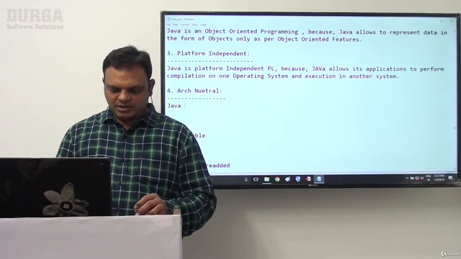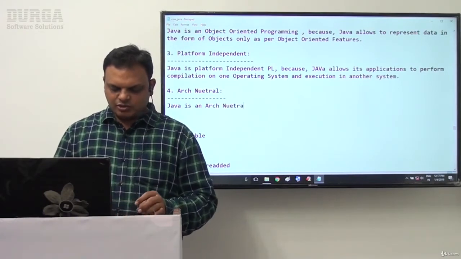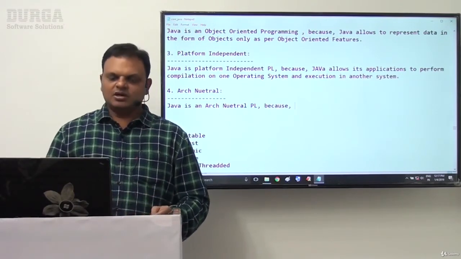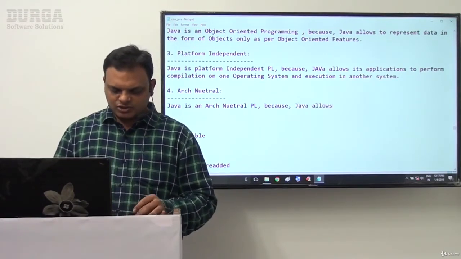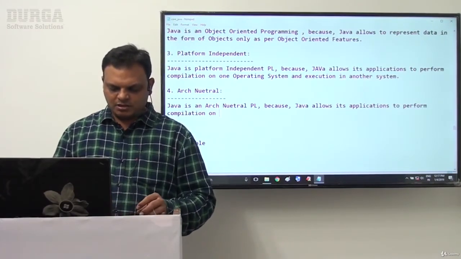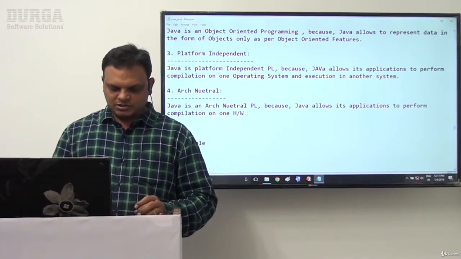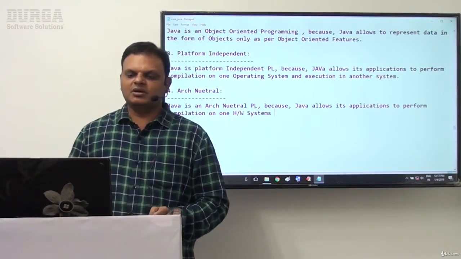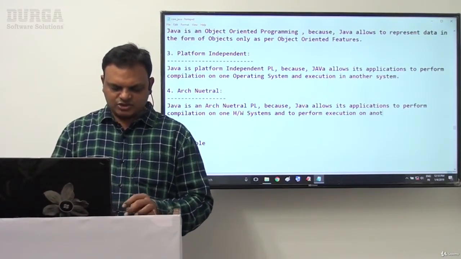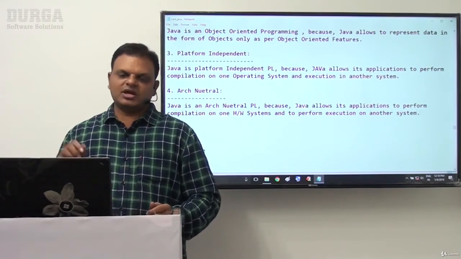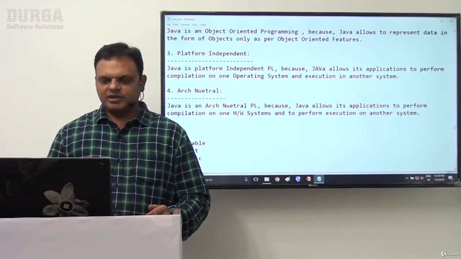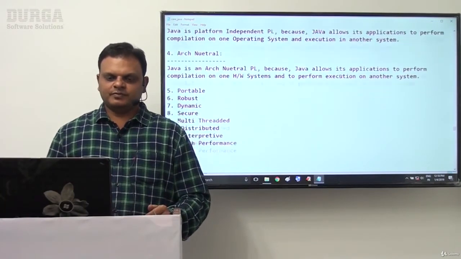Good. Now the point is, Java is an architectural neutral programming language. Why? How can we say it like this? Java allows its applications to perform compilation on one hardware system and to perform execution on another system. So automatically Java is an architectural neutral programming language. Right? That's the meaning of architectural neutral. Next one is